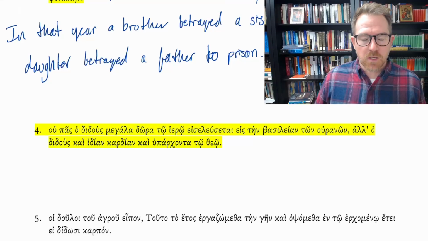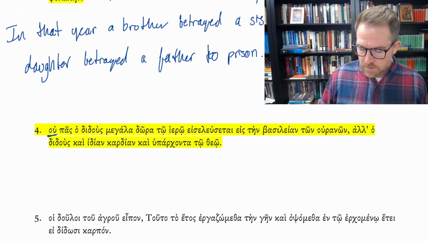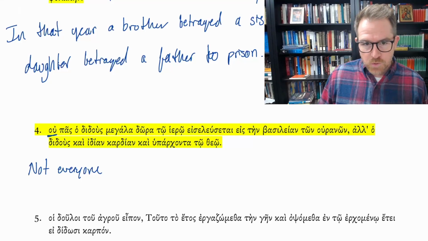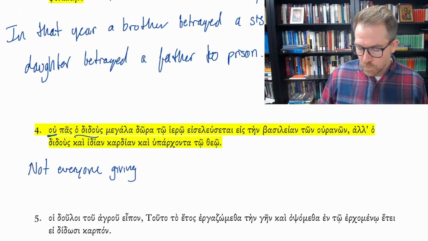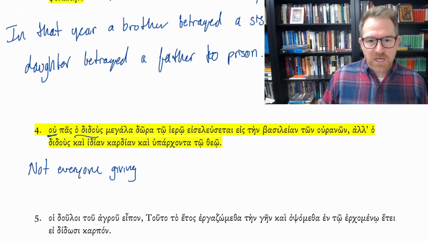So this is a good example of the participles that we see. The negation here is negating the everyone. It's not negating the participle, because it would be mē. So it's not all, or not everyone giving. In this case, you have the participle, the one giving, but it's not everyone giving. Megala dōra,